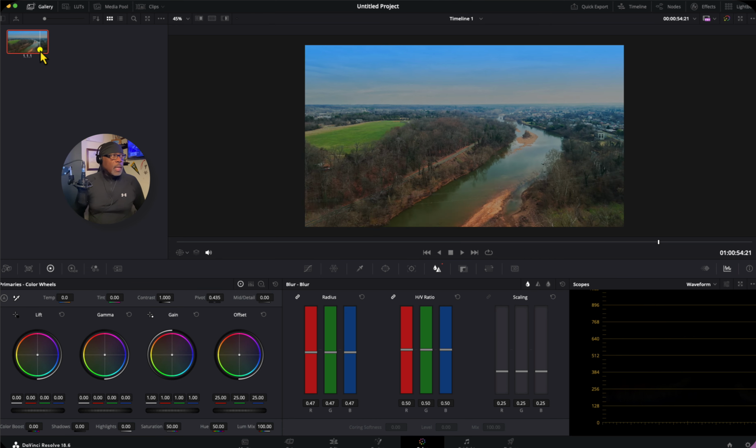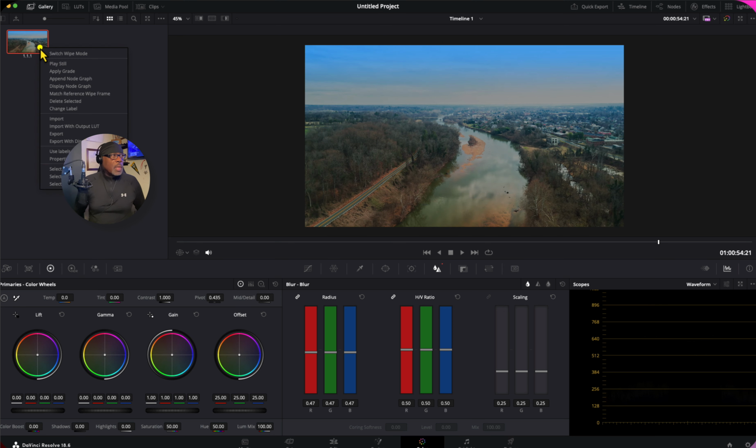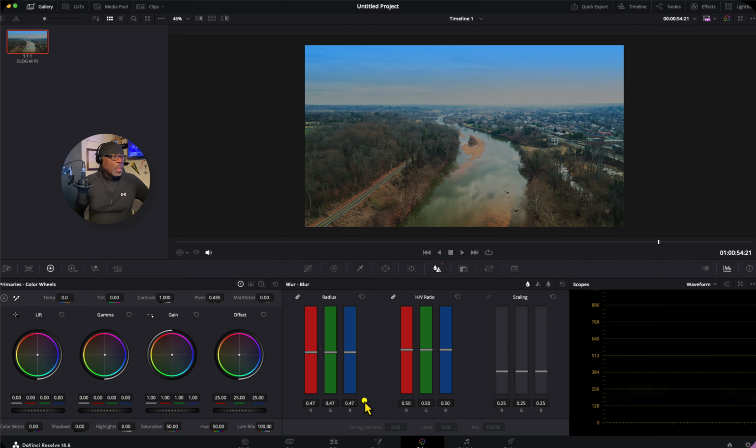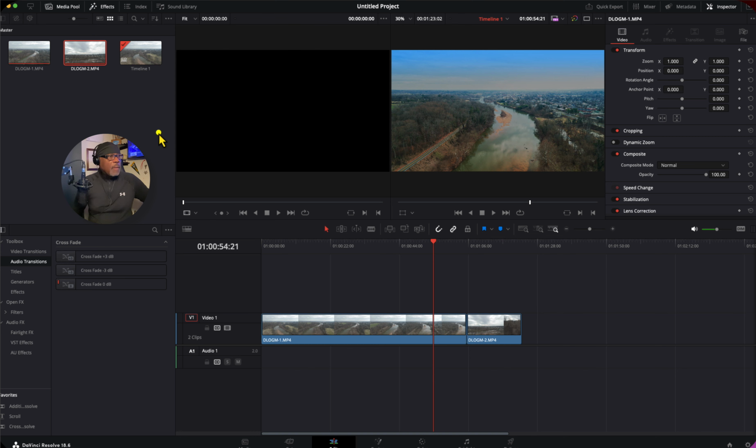I'm going to give it a name. So I'm going to right click on this and select change label, and we'll call this dlog-m PS preset. Okay. And this preset might not work for other footage that you may take because the day might be different. All right, so to demonstrate this, I'm going to go to edit, and I have another clip here